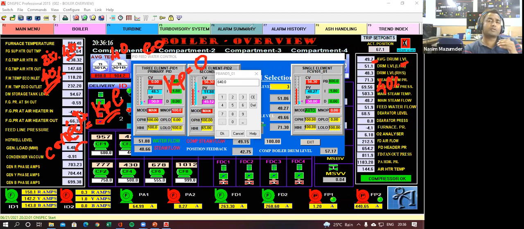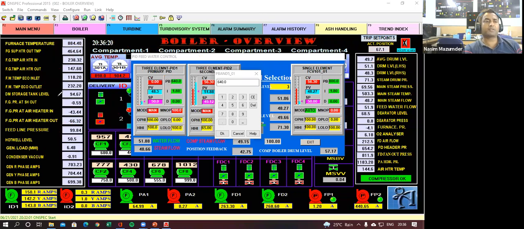But in case any differences come, suppose the level is now 42%. What is your set point? Say 40%. So there is a 2% plus error.